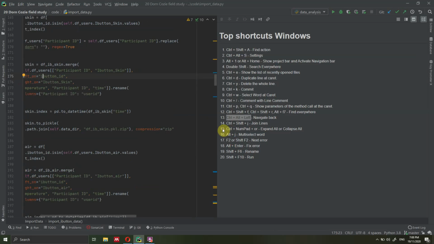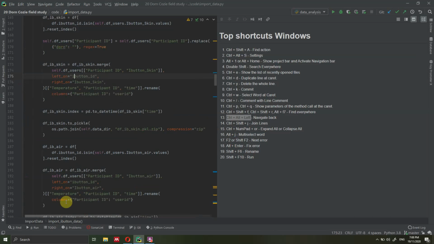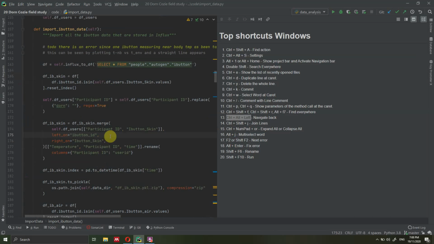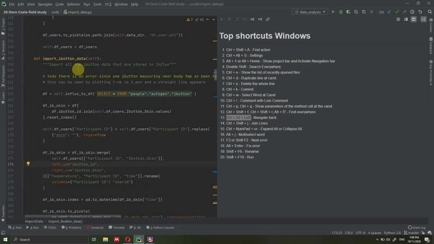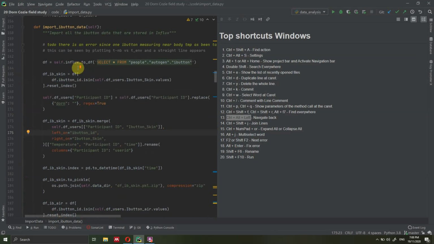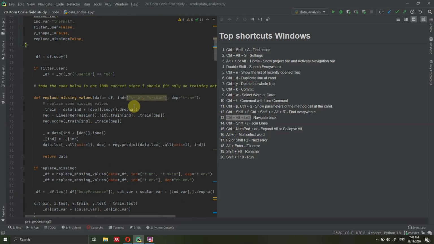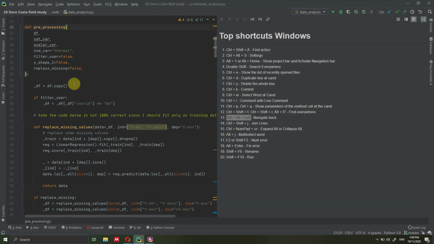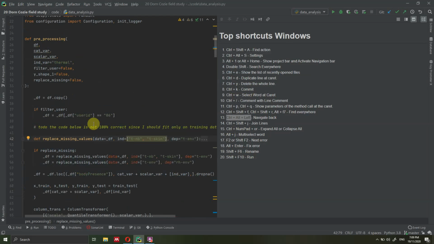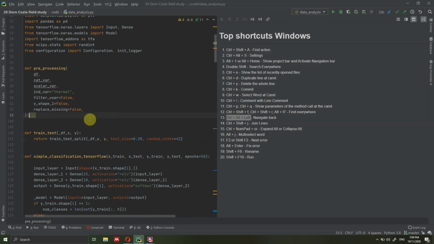Then let's see shortcut 15, which is collapse and expand. So collapse and expand is quite nice because you can just type Ctrl minus and Ctrl plus. Ctrl minus is going to collapse this whole function. So if I want to have a little bit more clarity, because as you can see here there are a lot of functions, let me actually move to another file, to data analysis here. So inside here I have a lot of functions, and I have a function inside a function because this one is located inside this one. By just using Ctrl minus, I can collapse this function,